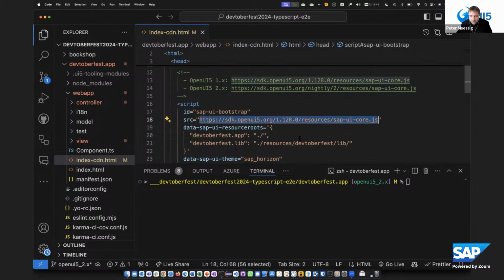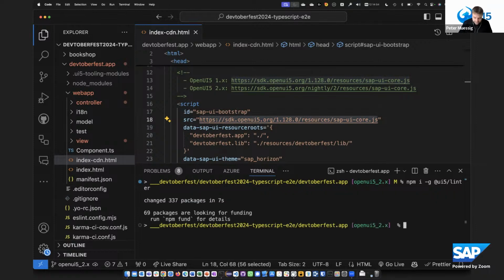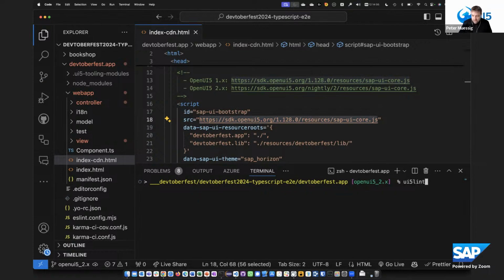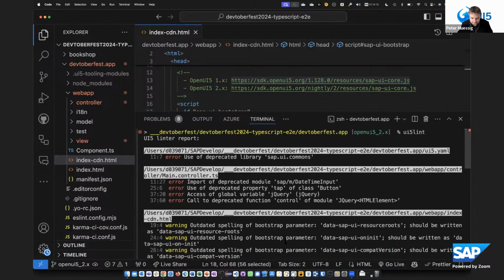So let's first go back to the terminal, and I install the UI5 linter as a dependency globally. So they have the latest version available: npm i -g @ui5/linter. With that, now I get the ui5 lint command. And when I run the ui5 lint command in my application here, I already get 22 problems. So I didn't do a good job the last time, as the template isn't on the latest state,